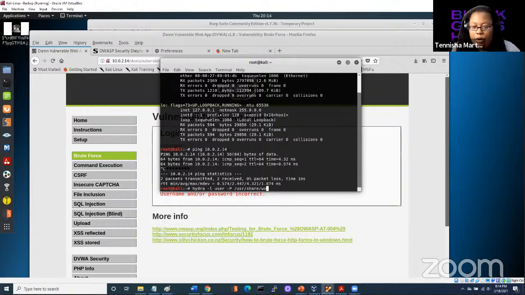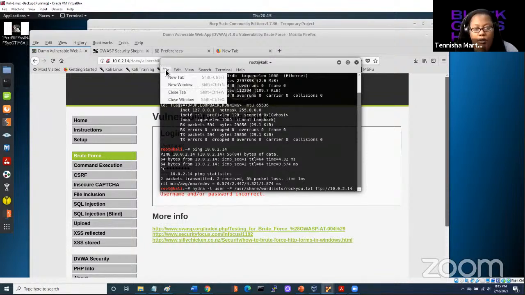So we're going to say /usr/share/wordlists, and you can just start typing wordlists and press tab. Then we're going to say rockyou.txt. If it tells you that yours is rockyou.txt.gz, then you're going to need to unzip that file in the folder, and I can show you how to do that in a second. And then we're going to say specifically ftp://10.0.2.14. So I'm going to open up a new browser